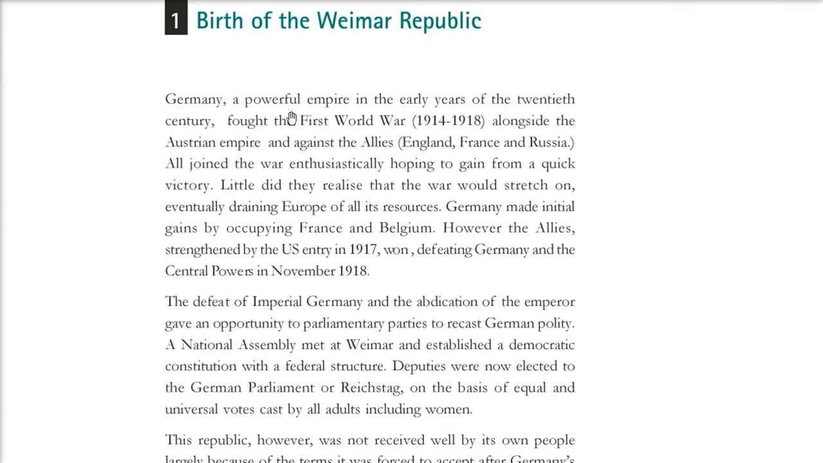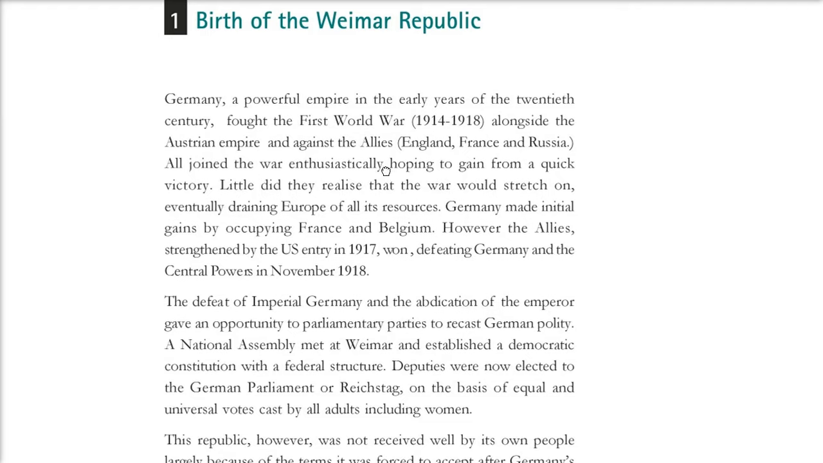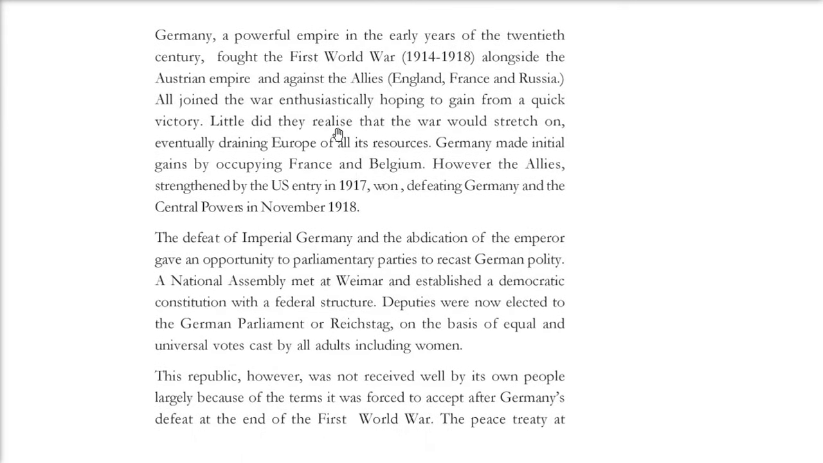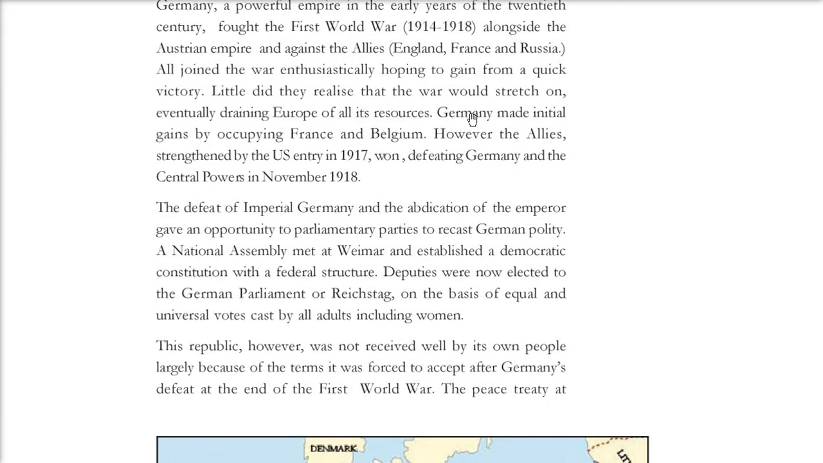Germany, a powerful empire in the early years of the 20th century, fought the First World War, and along with whom? Austria and Hungary, and they fought with England, France and Russia. Now this war stretched on, and Germany initially made a gain by occupying France and Belgium, but the Allies,